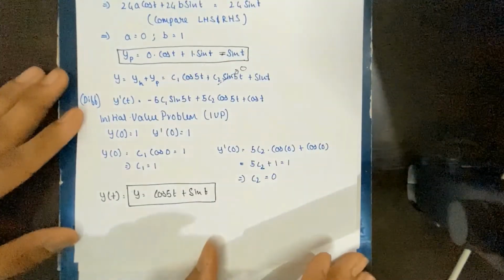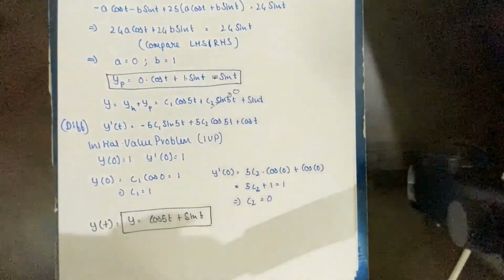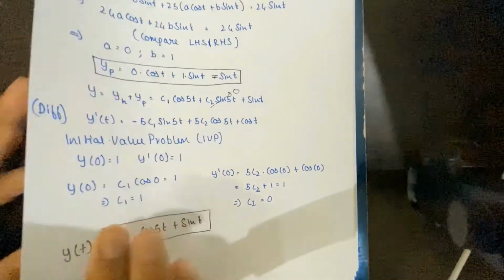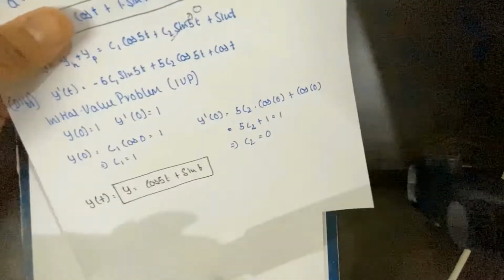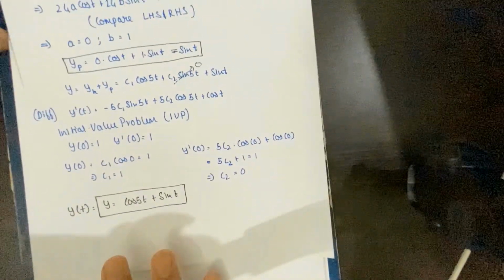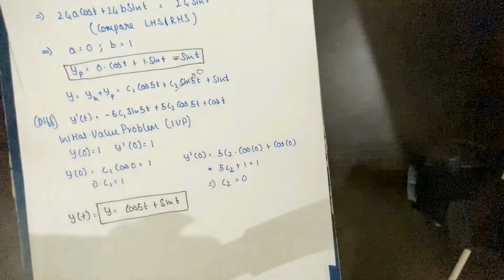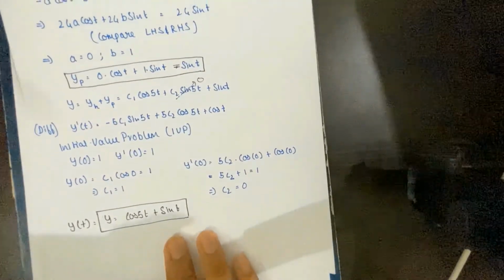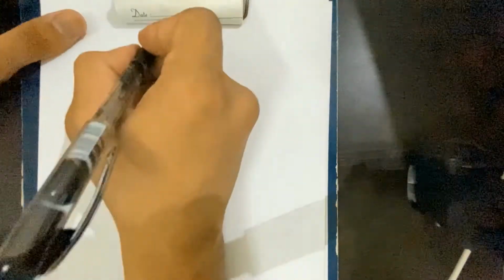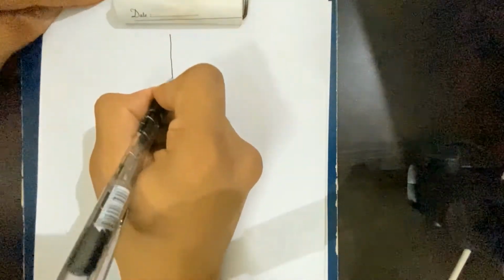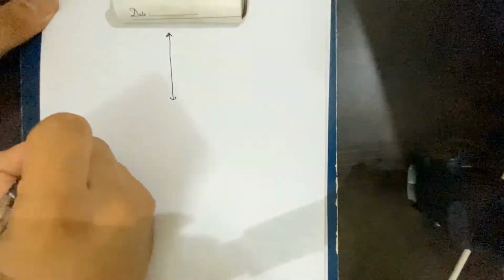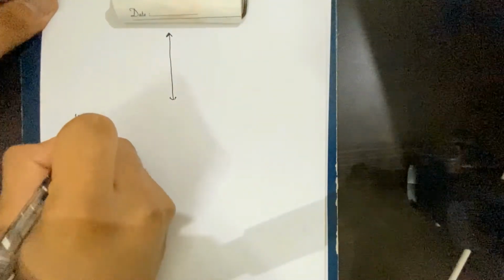So the graph for y equals yp is sine t, and drawing the graph of y is a very tricky thing because it's a cosine wave superimposed on a sine wave. So it's a cosine wave which actually looks like a sine wave. Not very easy to draw. In a minute I'm going to show it on the computer, but for now I'll just draw a rough diagram of y equals cos 5t plus sin t.